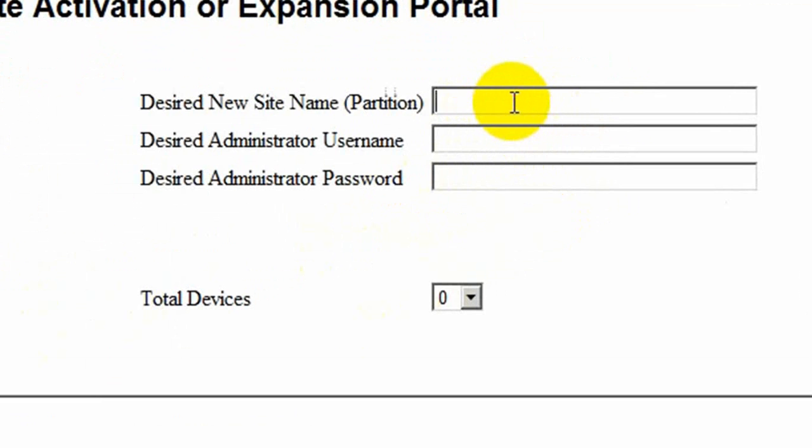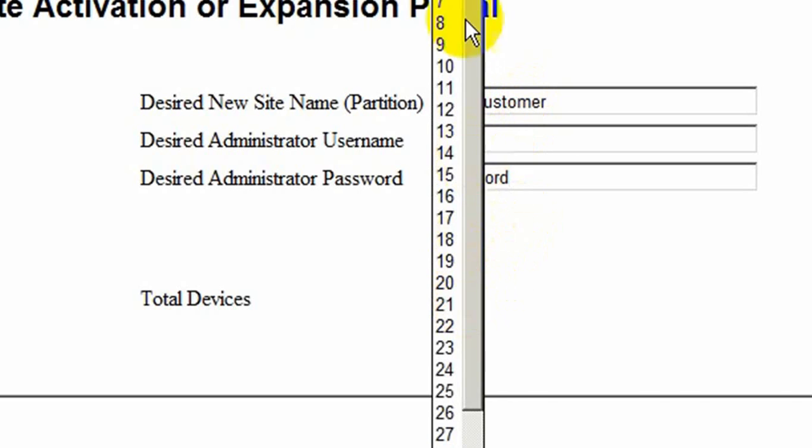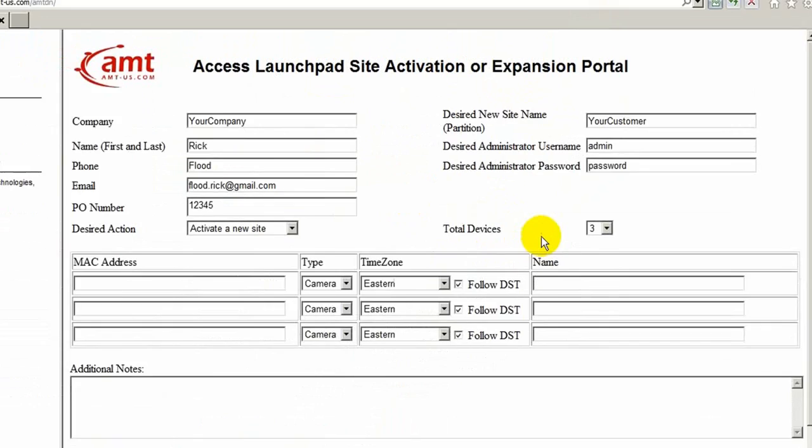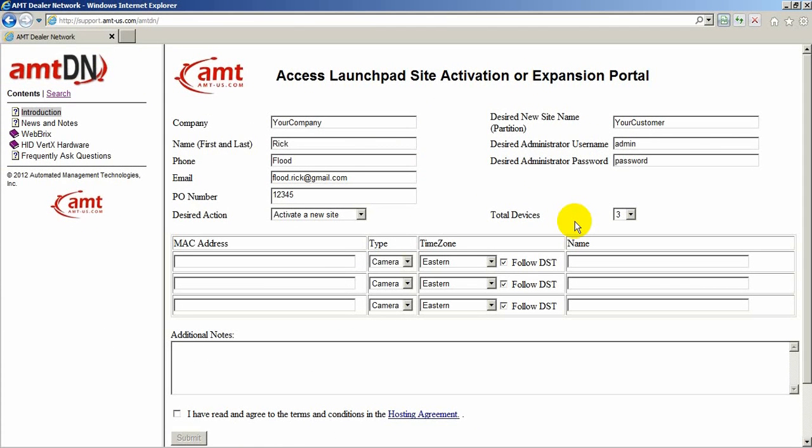So we fill this out, and again, the partition name is typically going to be your customer name or your customer's location. And then your username and password. And then the number of devices. When you select the number of devices, it will automatically expand